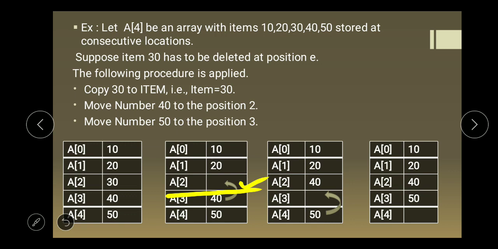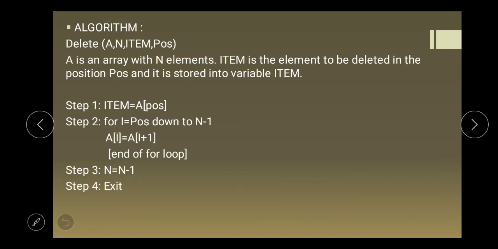Then we shift 3 to 2, then again 4 to 3. Like this, we repeat our for loop until we get our order. Then step 3 is n is equal to n minus 1, because we deleted one item from the array. Step 4 is exit.